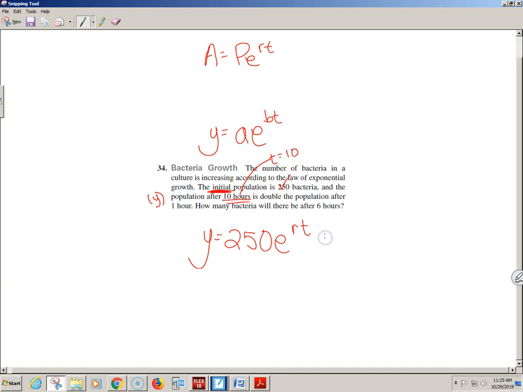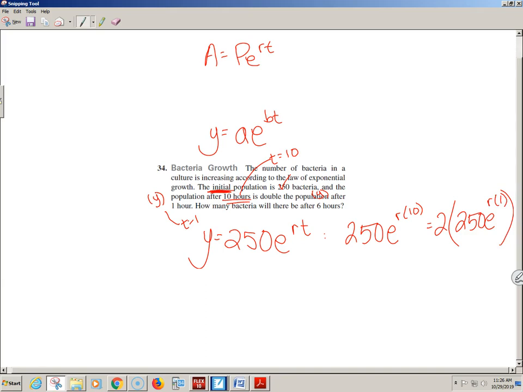So if I was to go plugging in, I could say, okay, after t hours, so 250. Do we know what y is after 10 hours? Like what the number equals? Well, you do know that it's double or 2 times. What is it double? Population after how many hours? So t equals 1. So you do double